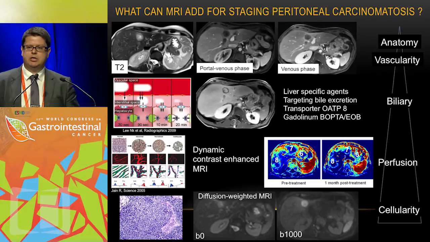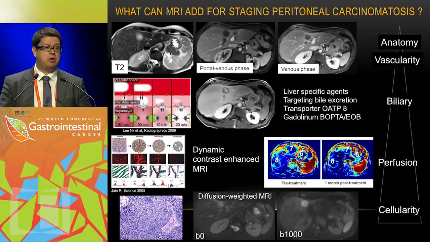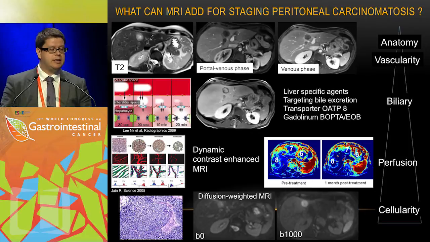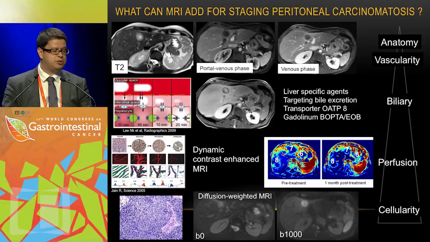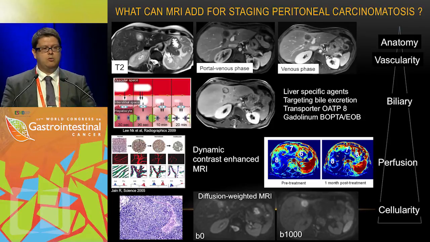Because in abdominal imaging, usually we know MRI as the problem solver. A very good example is rectal cancer, and also the detection of liver metastasis. Usually it has a limited field of view, only the lower abdomen or the upper abdomen. But MRI is evolving in an enormous way. We, of course, have anatomical imaging, and this is where often people stop. But we also have targeted contrast, and a very good example is that of the biliary transporters, the liver-specific contrasts. There is perfusion MRI, which has more limited value in abdominal imaging. But what I'm going to talk about is the lowest one, diffusion-weighted MRI, which is clinically accepted, clinically useful, and